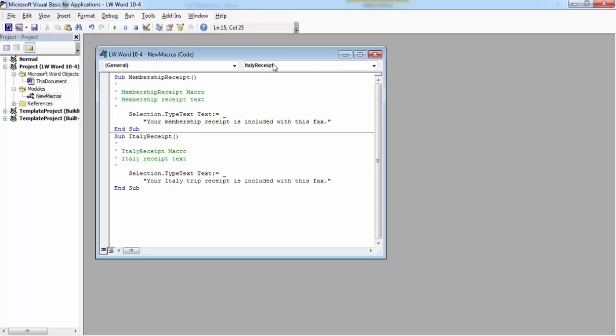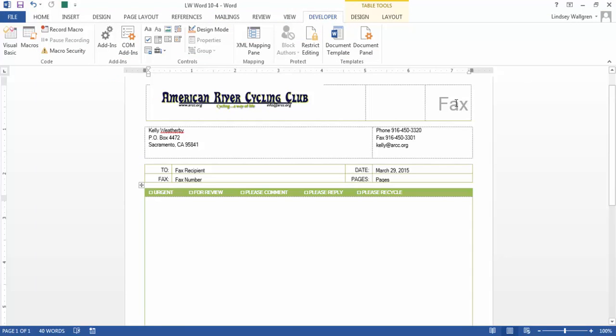So up here too, you'll notice that Italy receipt has been changed in this drop down as we've gone through. So now we have two options, Italy receipt and membership receipt. So we'll stay on Italy receipt because we're down on the second macro. So we want to save the macro code and close and return to the Word document. So we will save the macro, close this out, get back to our document,